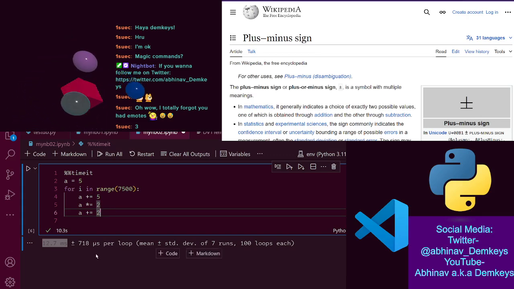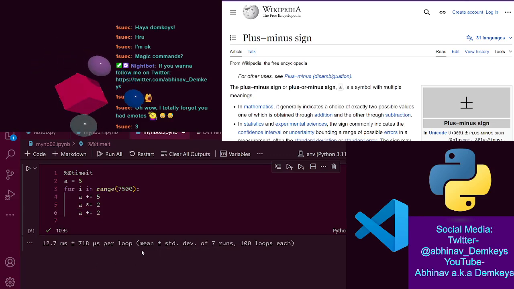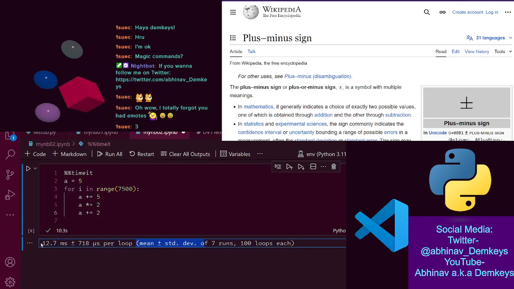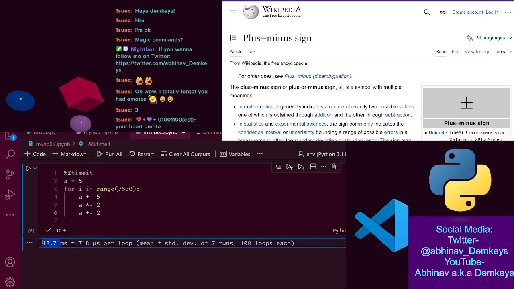Plus or minus 718 microseconds. Oh, I thought that's nanoseconds. Okay, microseconds. This is the standard deviation. Oh, okay. Somehow it didn't occur to me that this thing here was representing this, because it does say mean. Mean is the average, basically. So if this is giving the average,